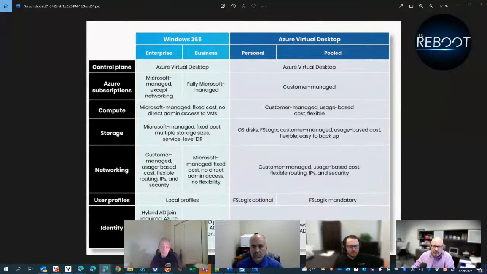So it can be done, but it needs to be considered. That's true. I also want to mention one other big benefit before we start talking about use cases or pricing or anything: the nice thing with Windows 365 versus AVD is it is truly a fully managed solution. Like I don't need to think about backup.